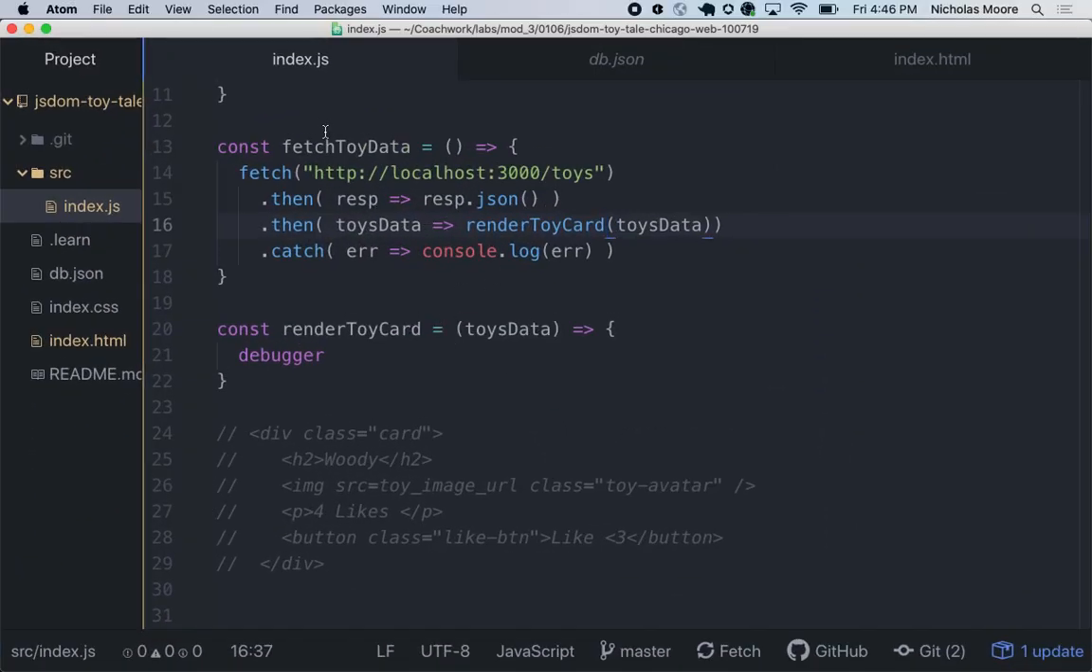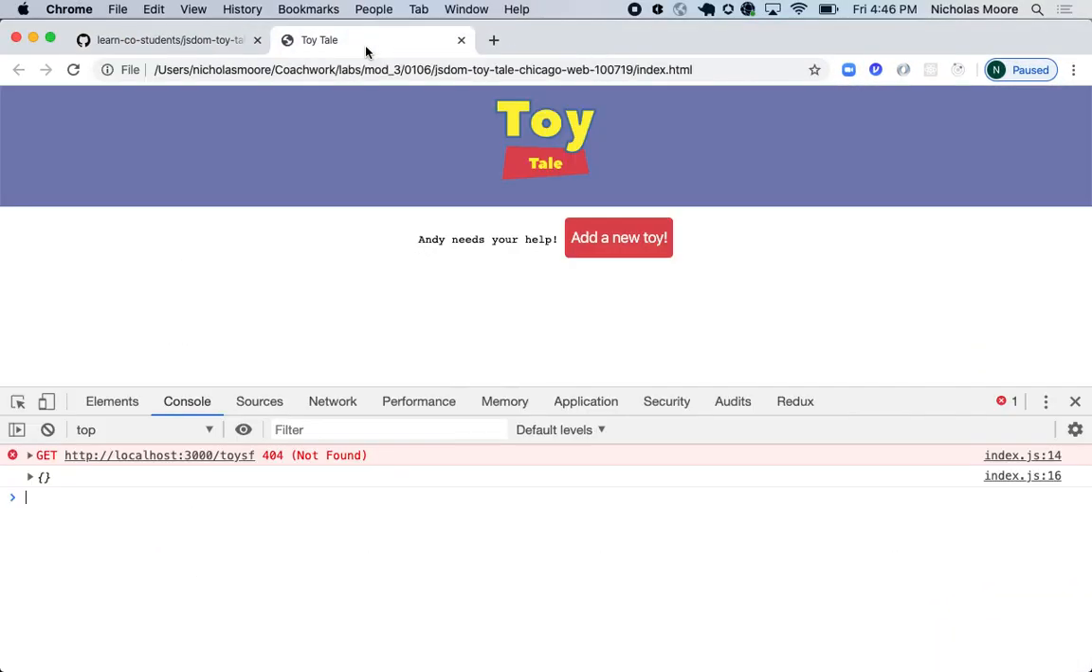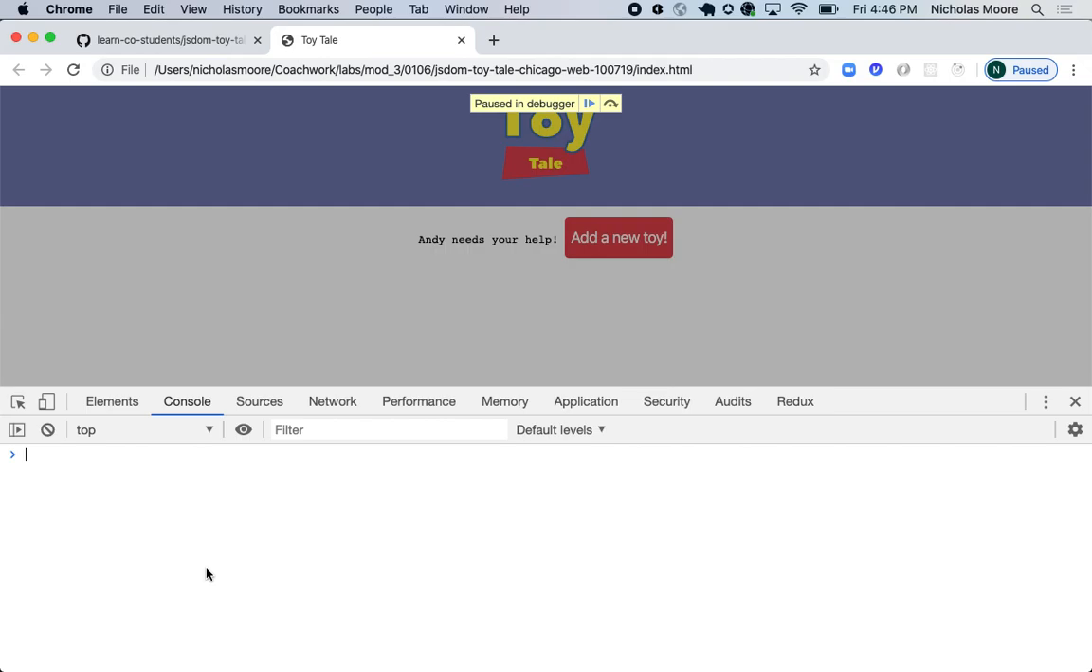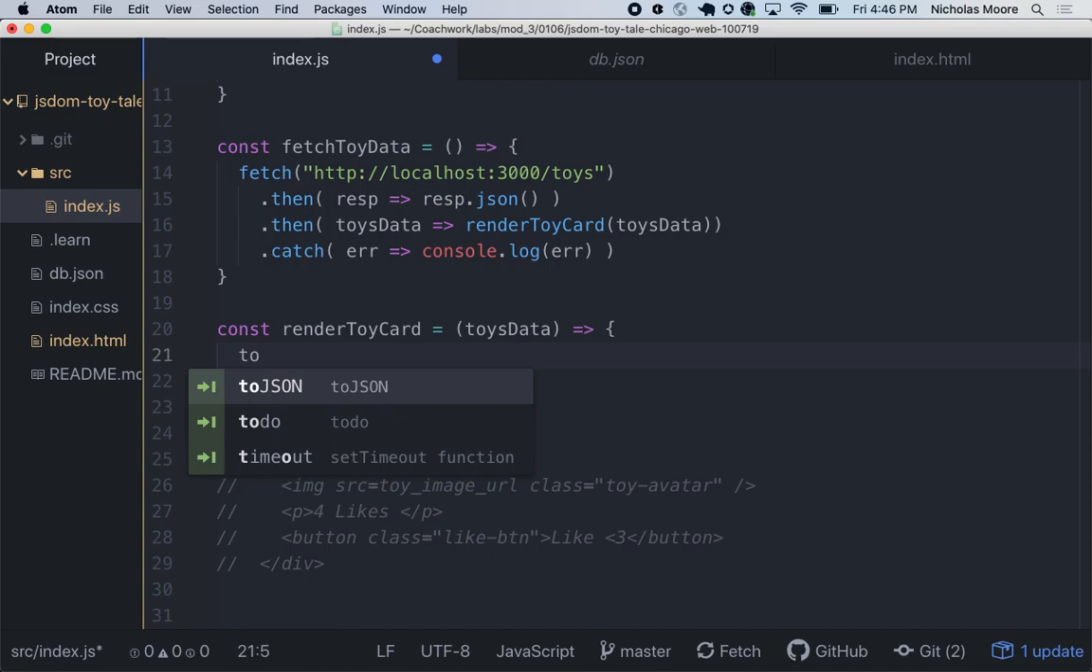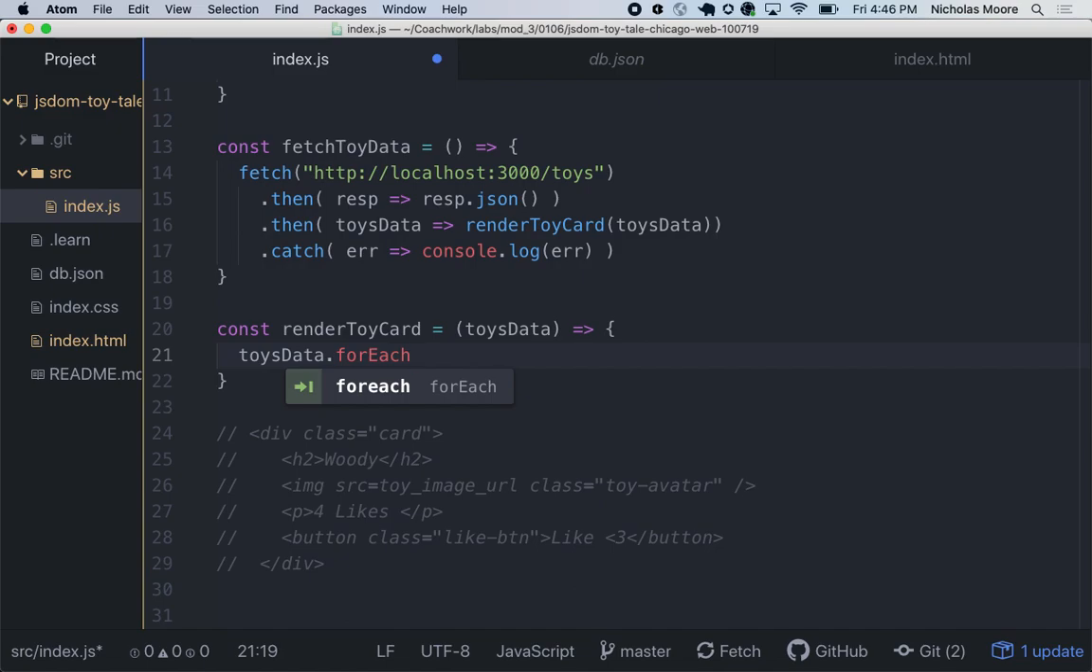So if I fetch toys, as soon as I reload, we're going to hit this debugger here, right? And we're passing in toys data, so I have access to that. If I reload here, we're in the debugger, and I can look at what toys data is. It's what we just logged before. It's an array of objects, right? And for each of those elements in that array, we want to create one of those cards. So we probably want to do some iteration here with that data we pass in. For each. Yeah, we could use a forEach. So we have toys data, and then do a forEach,